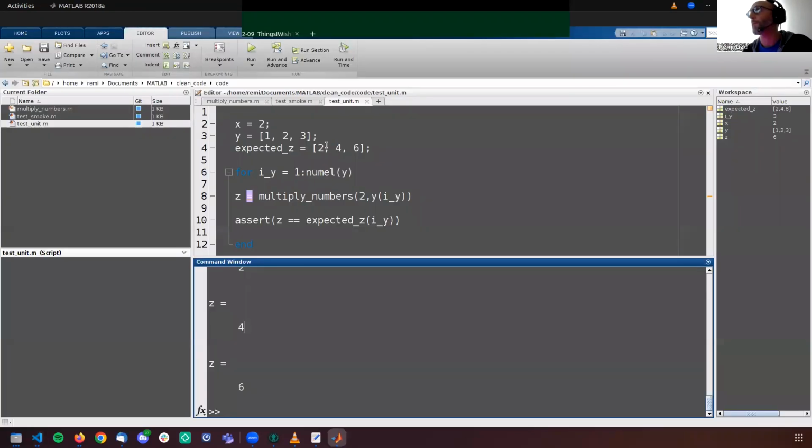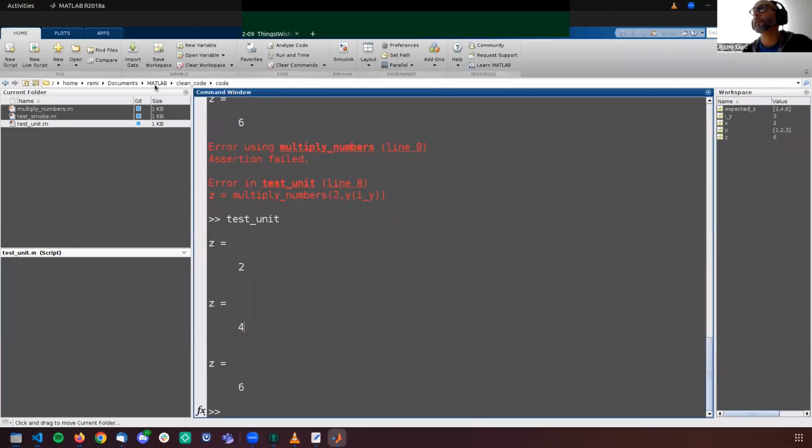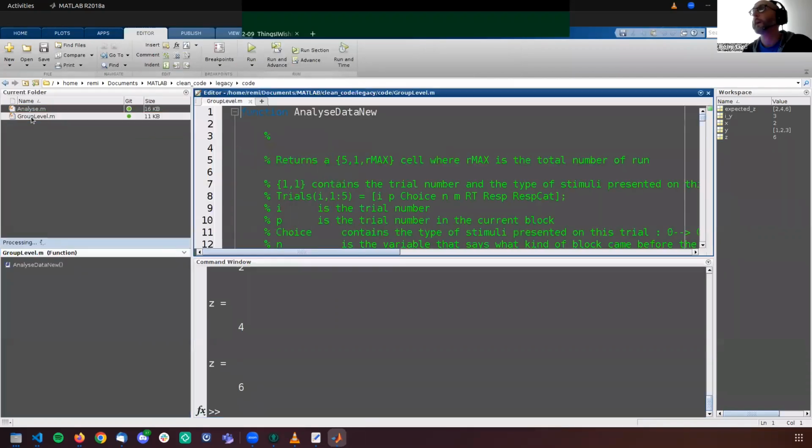This is one thing with MATLAB that you may have seen before: if you write a function, it's going to be in legacy, in code. If you write a function here, the file name is group level.m. Then in this case, it means that the main function, the top level function, should also be called group level.